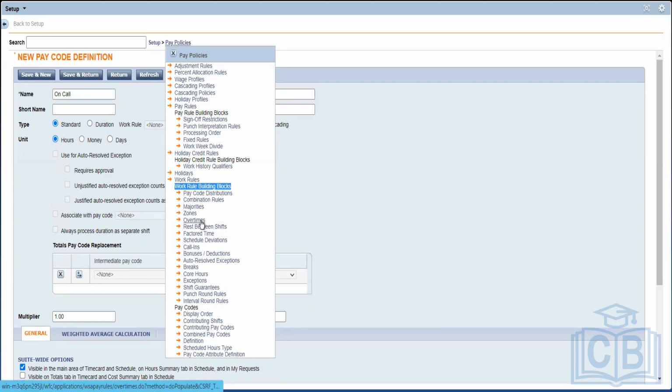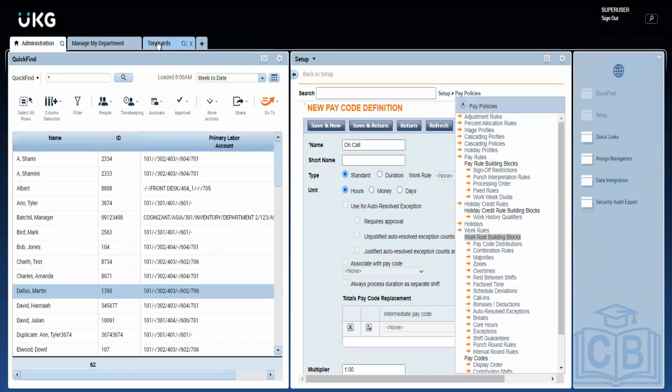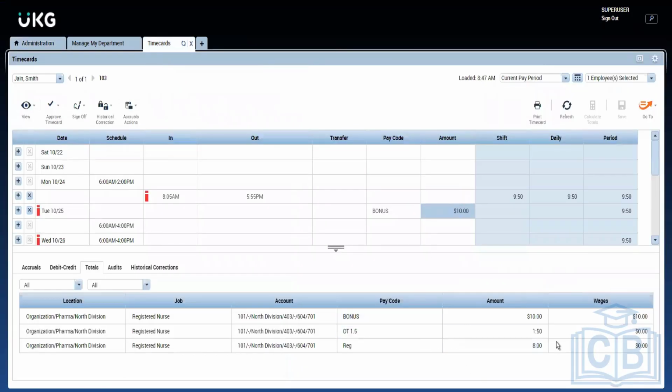We'll first create a basic one, and then we'll create a work rule. Then we create a pay rule just by mapping this work rule. We will not touch anything here. Just create a work rule and see how it is working in the time. We'll assign it to a person and see how it is working. You see this guy, it's calculating for him first 8 hours as regular and then 1.5 hours as overtime, right? How it is calculating that. So we will have our own requirement,